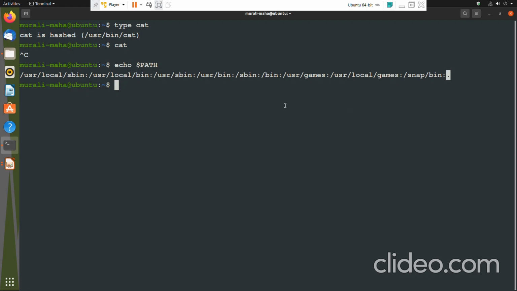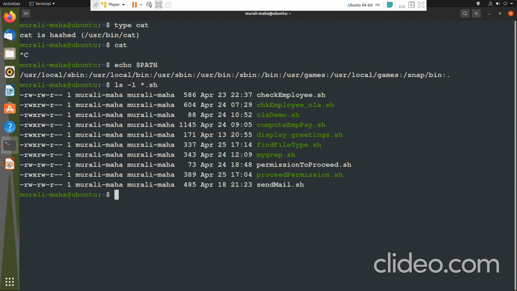So that is the meaning of giving this dot. Now let us suppose ls -l *.sh, check employee.sh. Permission denied.